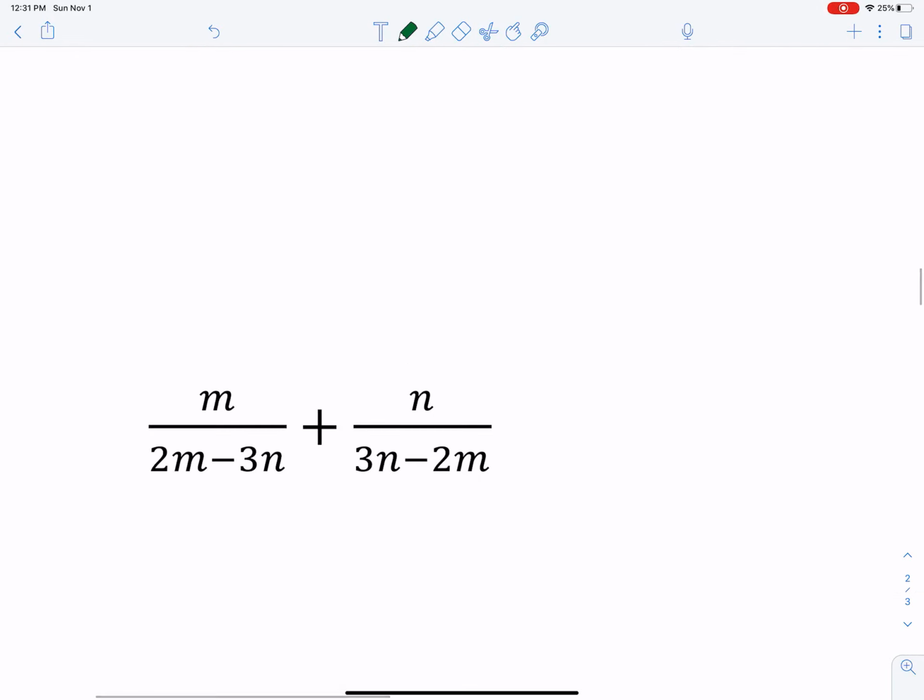Here we have m over 2m minus 3n plus n over 3n minus 2m. Okay. Here the trick is noticing that the bottom parts at first look very different, but they're actually almost the same. Those are those subtraction opposites that we talked about. Now, when you have that, if we want to get these to be common denominators, you can leave that first fraction alone